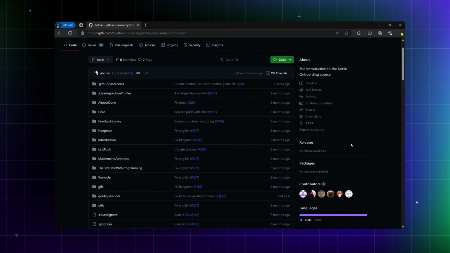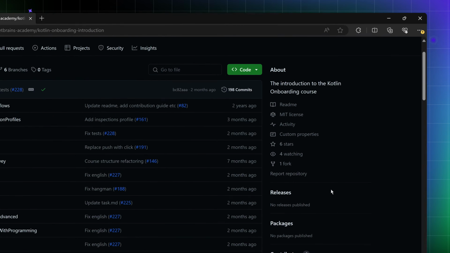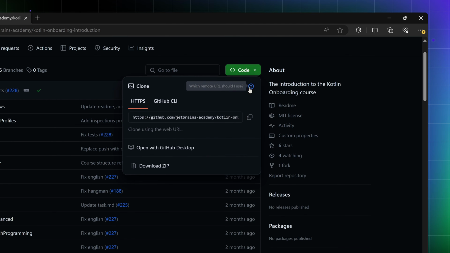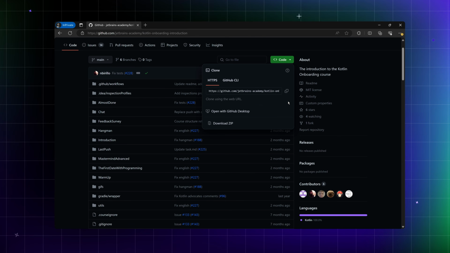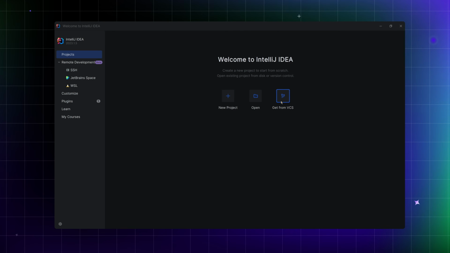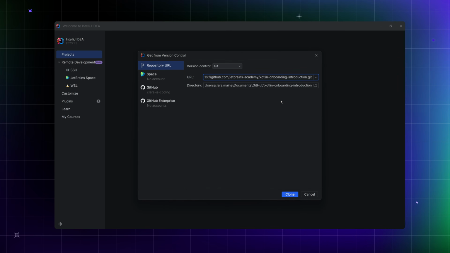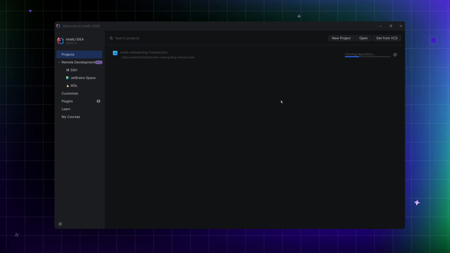Repositories on GitHub are just previews of the code, so if we want to actually run and edit our files, we can clone, as in make a copy of, the repository on our computer. You can use Git from the command line, but the easiest way to get started is to use the built-in version control features of our IDE. The idea is to keep this copy in sync with the remote repository, so you're always working on the most recent version.